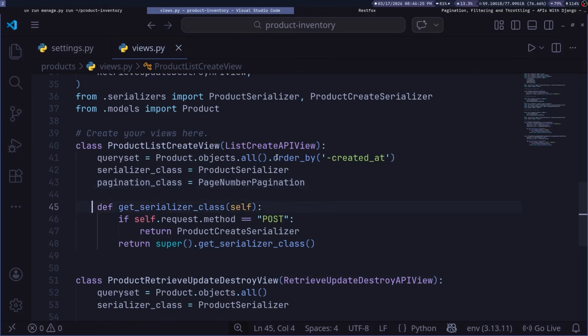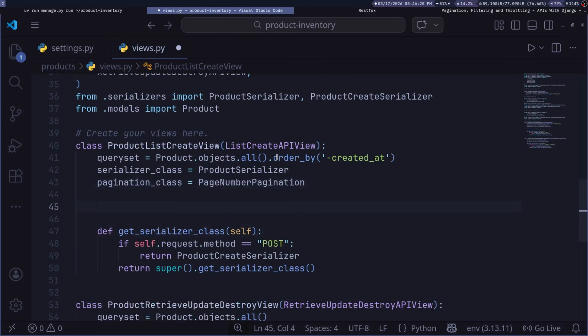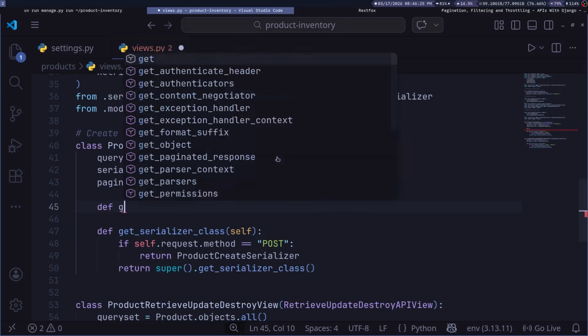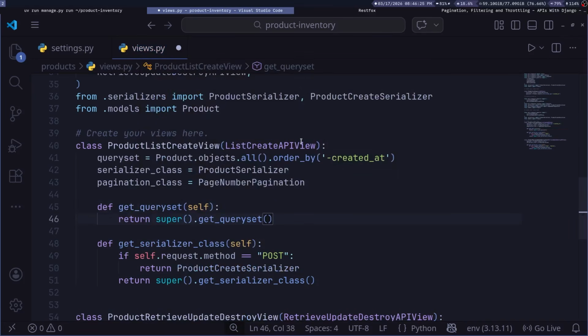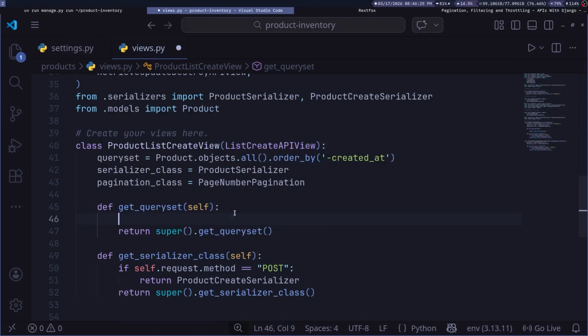So once we've defined our query set to be something like that, we can go ahead and do something like def get_queryset. So this will be the method to return that object right there. And then we specify what we want. So in this case, we want to check if we have any params or any request params. So how do we get our parameters? To get our parameters, we get them through